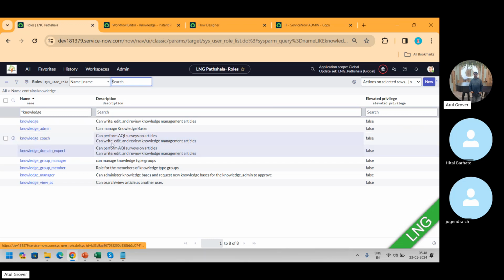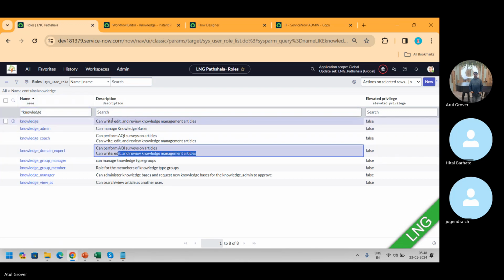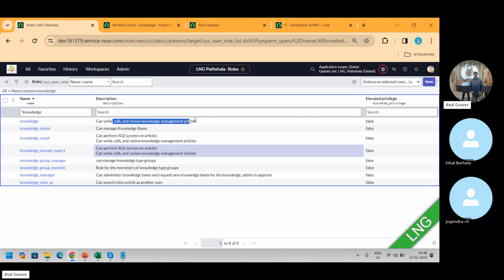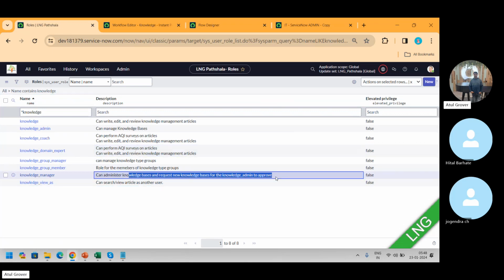But this user can work on the AQI plus articles as well. This user only works on this, not the AQI. Group manager can manage knowledge types group. Knowledge member, group member. Knowledge manager can administrate a knowledge base and request new knowledge bases for the knowledge admin to